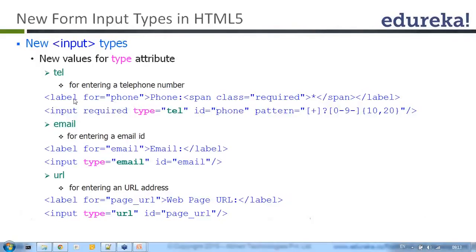So here we'll come back to the label. Here this input field is required, it's mandatory. That's the reason why you have to give it as required. Required is an attribute. If you don't give the required attribute, then it is an optional input. When you give it as required, but you don't provide this input, then the browser will throw an error